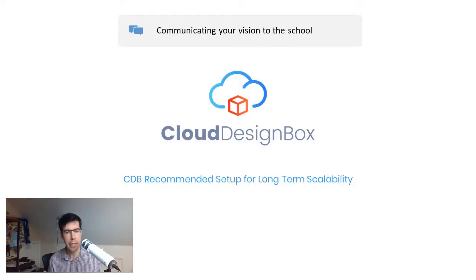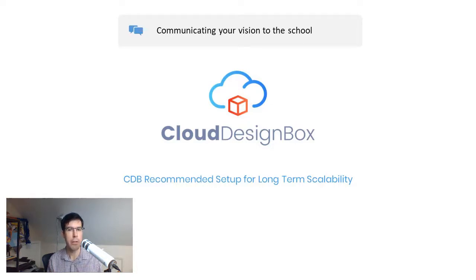So it's really important that you get that key team of people together, like some curriculum champions, some people from SLT, and they work with you to create that long-term plan. That might be using a spreadsheet to plan out the different departments and sites that you might have in school that need their own area inside Teams and SharePoint. But it's also about making sure you've got that plan in place so that you separate out the different types of sites, so that you're planning for long-term usage and not short-term.